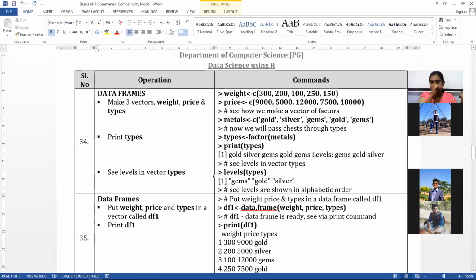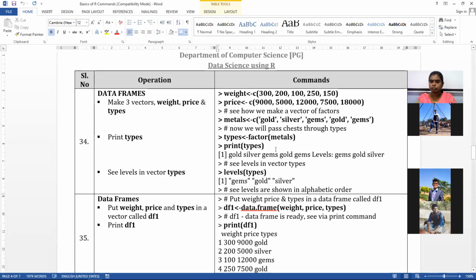The data frame will have each and every column with a particular label. In this example, we are first creating three vectors. What are the three vectors? A vector weight, a vector price, and a vector metals. We have created three vectors, and then we put them together into a data frame.